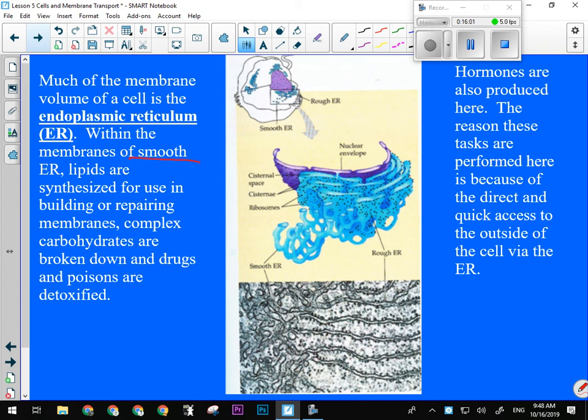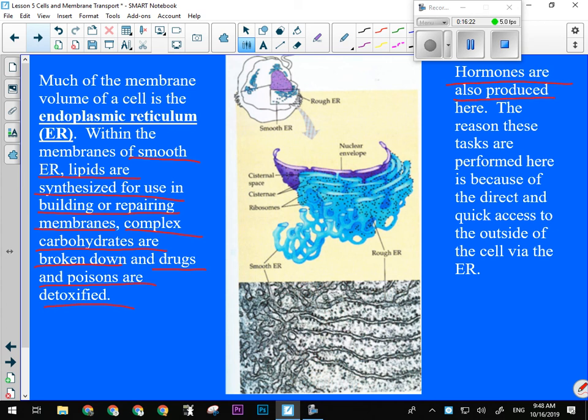Okay, so smooth ER. Lipids are synthesized for use in building or repairing membranes. Complex carbohydrates are broken down. Drugs and poisons are detoxified. Okay? Another thing that can happen in both types of ER